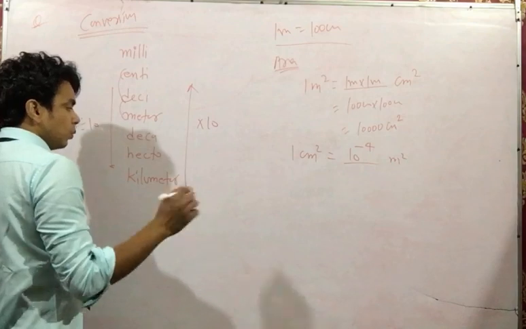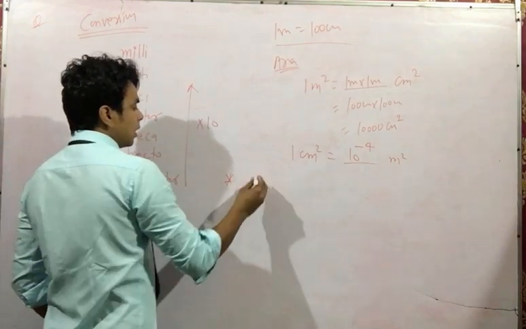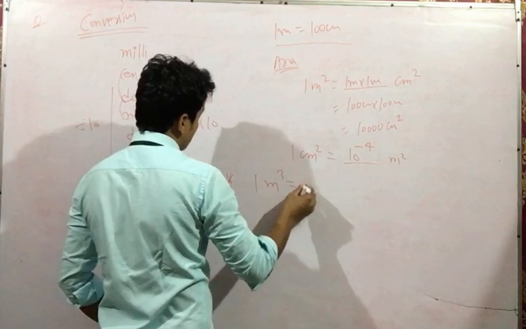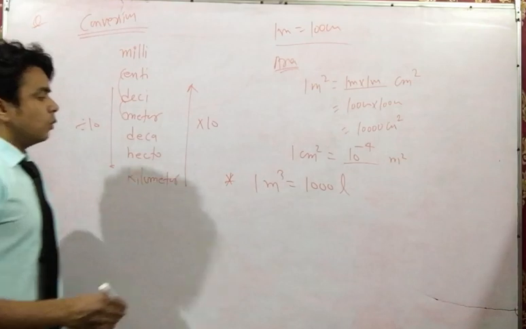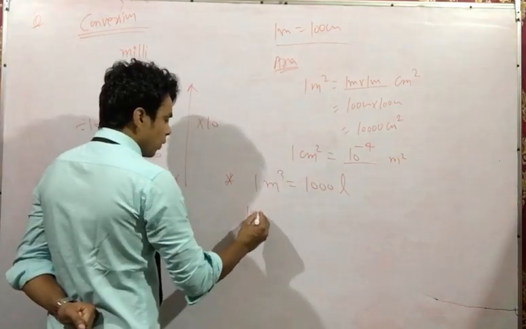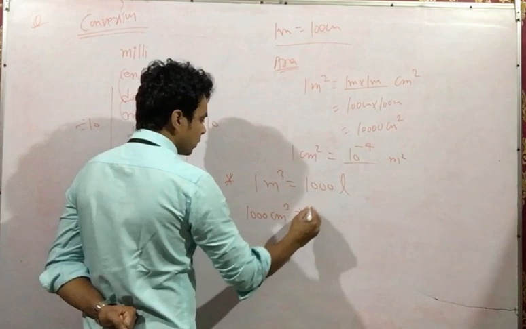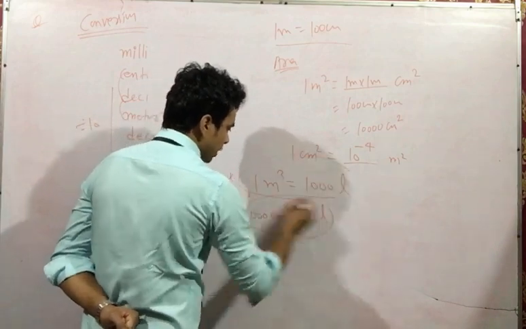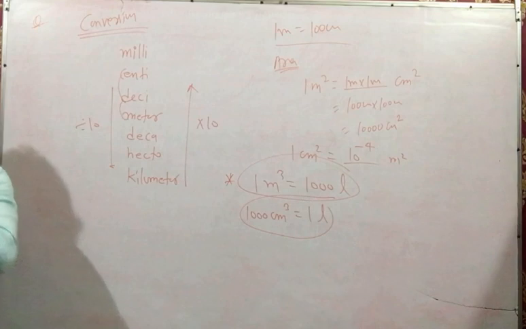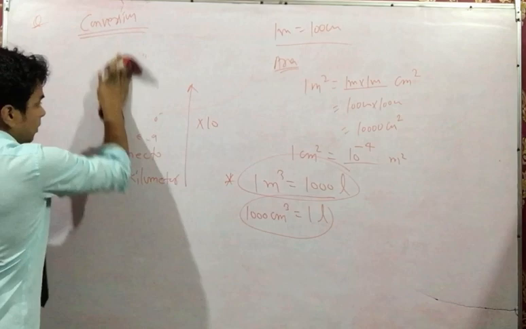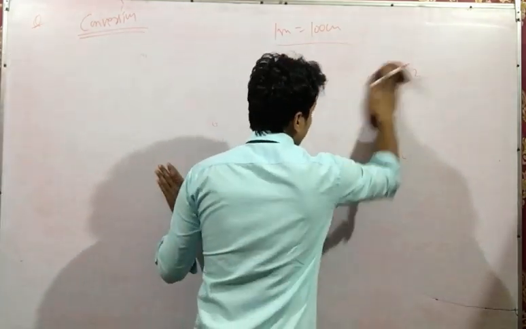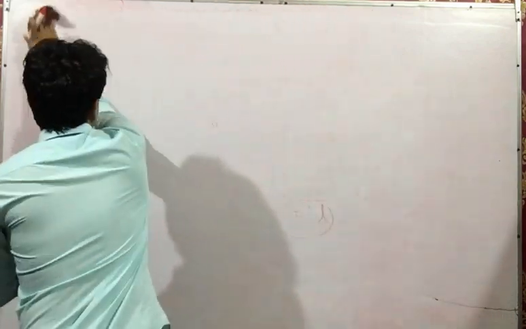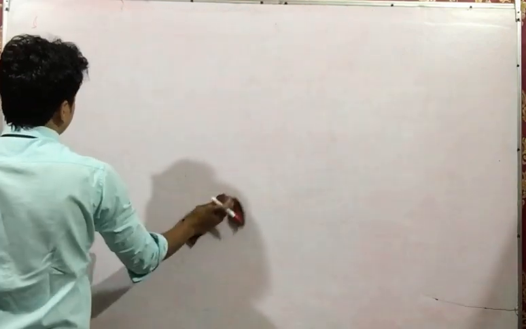These are the conversions. A few important things I want to tell you: 1 meter cube of any substance, generally, is 1000 liters. 1 meter cube equals 1000 liters, and 1000 centimeter cube equals 1 liter. These are the two conversions that you must remember. After remembering these, we can switch to the combination of figures. These are very important. If you find a question in which the units are different, first of all convert them properly. Okay. Now, combination of figures.